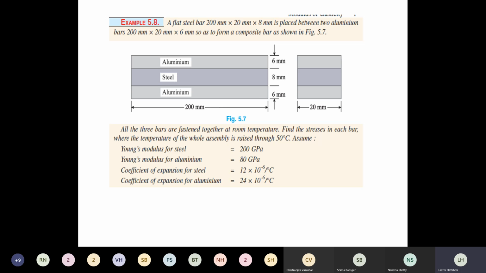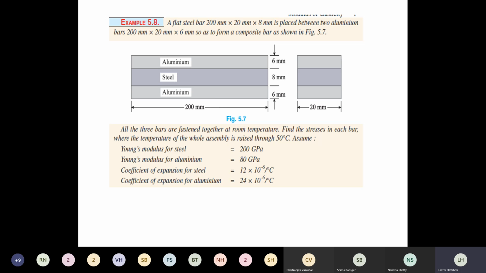Okay, now let's see the solution and observe carefully the diagram. The first diagram is longitudinal section. That is why in longitudinal section I have shown you the length 200 mm. 200 mm in the sense how many centimeters? 20, ma'am. 20 centimeter, very correct. 200 mm in the sense 20 centimeter, right?